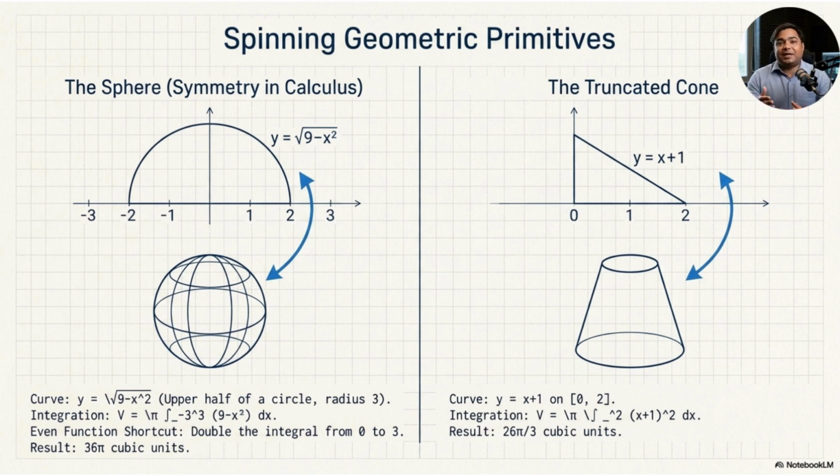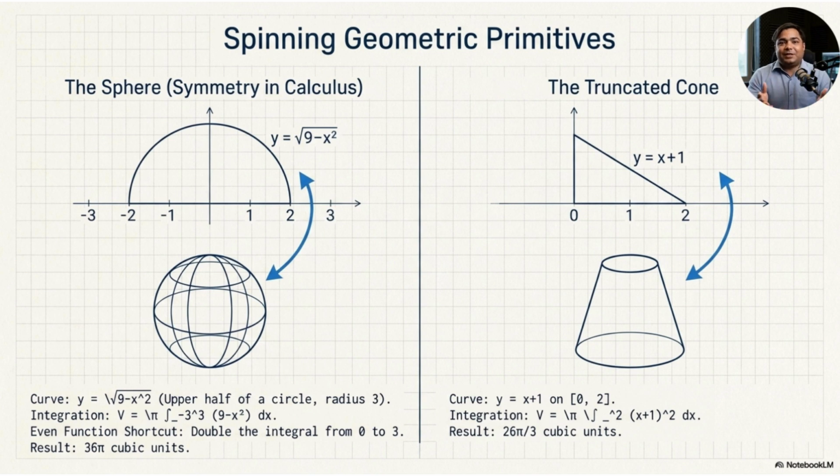The volume is calculated by the disk method. Volume equals pi times the integral from negative 3 to positive 3 of 9 minus x squared dx. Because the function is symmetric, we can double the integral from 0 to 3. So we say volume equals 2 pi times the integral from 0 to 3 of 9 minus x squared dx. Now integrate. The integral of 9 is 9x. The integral of x squared is x cubed over 3. So the expression becomes 2 pi times [9x minus x cubed over 3] evaluated from 0